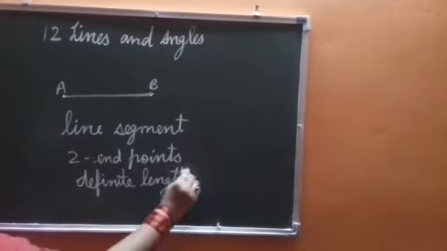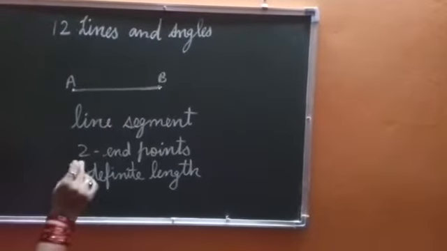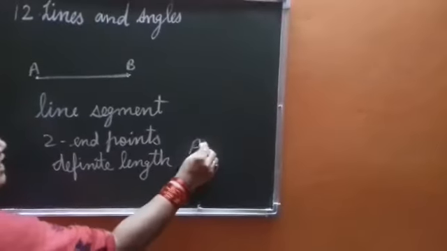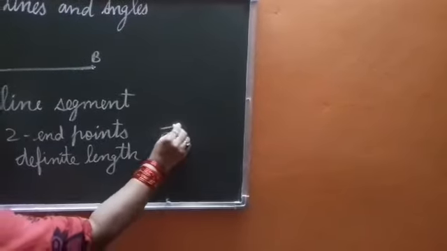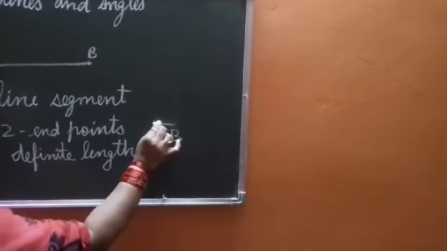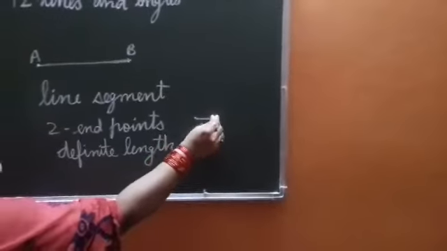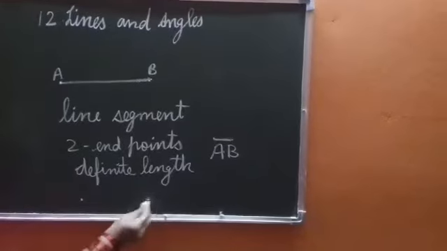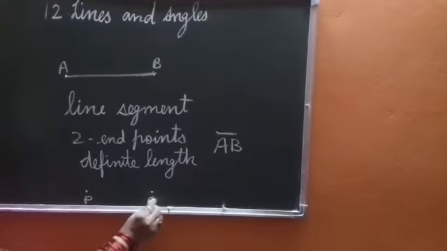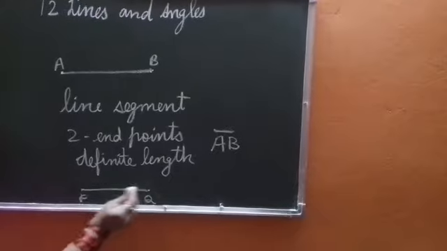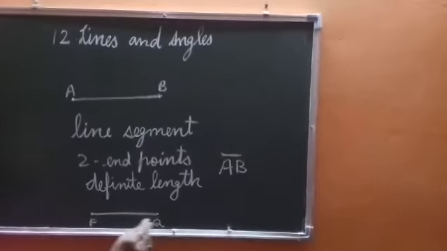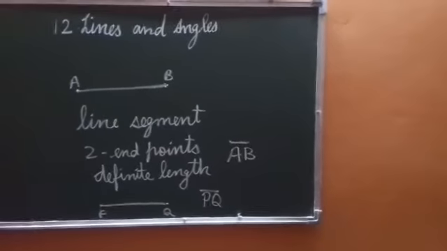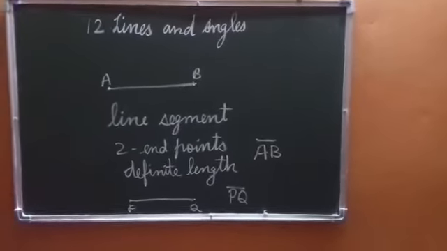Definite length. And if we have to represent a line segment, we show it like this. Suppose this is a line segment AB, तो हम इसको ऐसे लिखेंगे AB, and on the top we draw a line segment like this with 2 fixed endpoints. So this is how we represent a line segment. Suppose we have these 2 points P and Q. When we join them, P and Q are the endpoints. It is a line segment PQ. So we represent it like this, line segment PQ. This is all about the line segment, children.